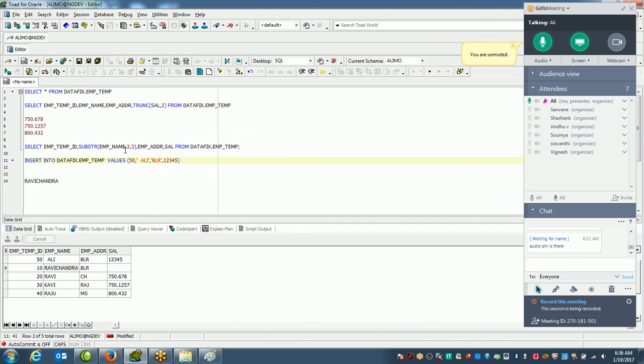You can see here from the third character, 3 characters we want to display. 1 2 3. So your output would be VAC. I repeat,